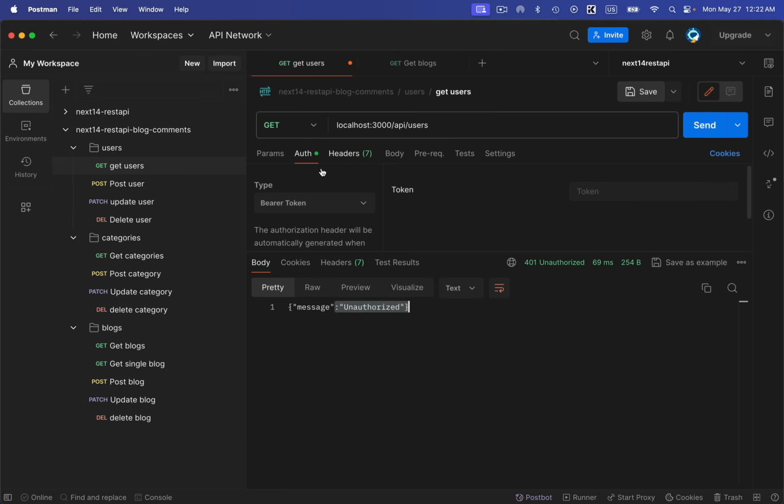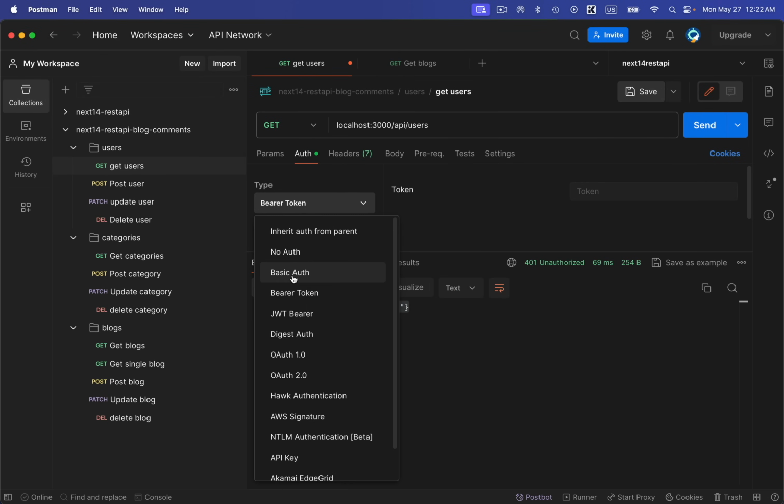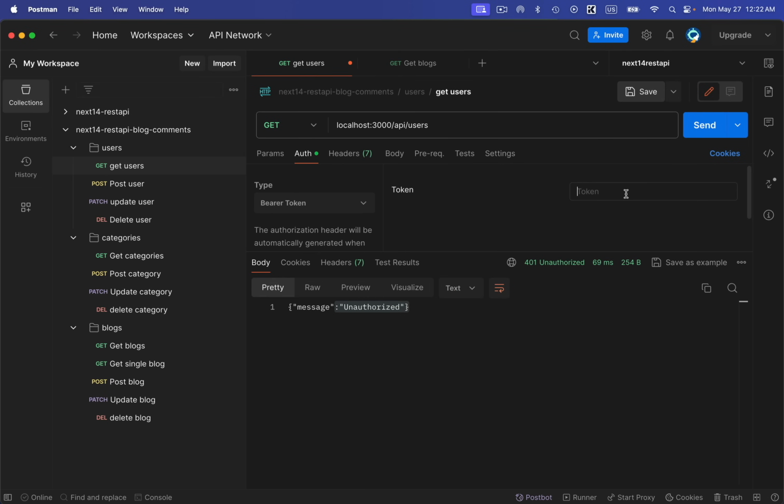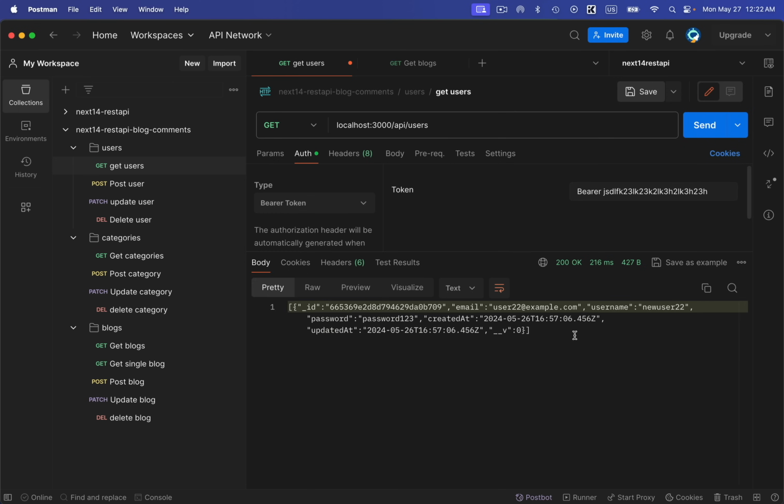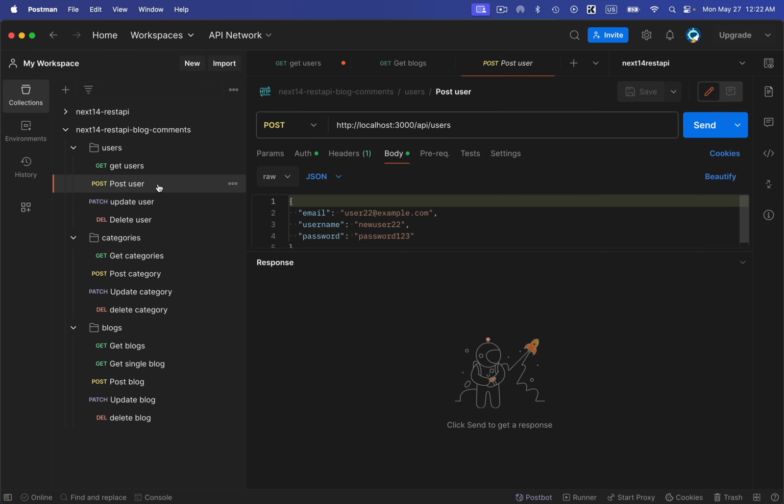Okay, so let's go and select the bearer token from here, and I'm going to use bearer. And then this is not a real token. I'm just mimicking the behavior. Usually bearer token is a combination of this kind of thing. Now I've passed this bearer token. Now let's send. Now you can see that I'm able to fetch the value because I'm passing the bearer token